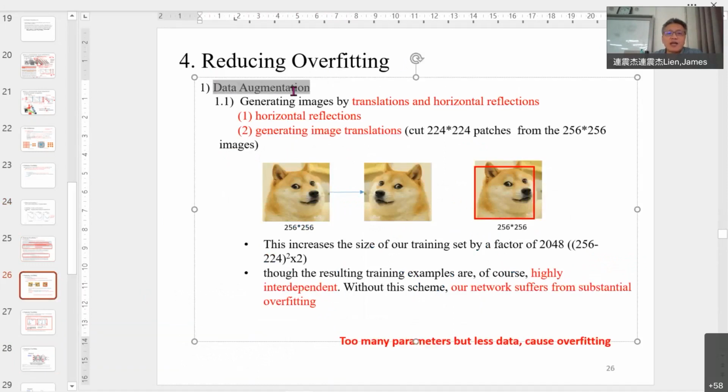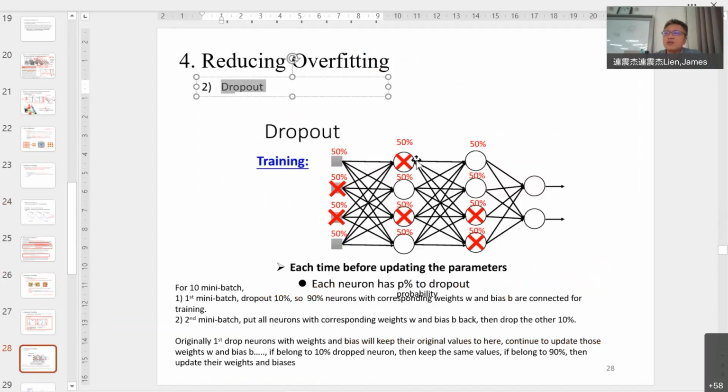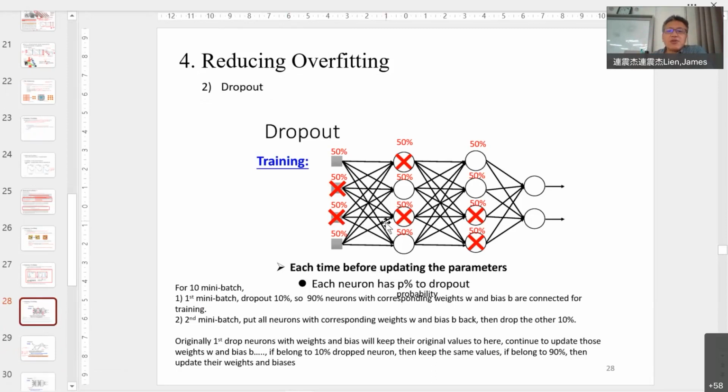So there are two solutions to solve the overfitting problem. One is augmented data. The second one we call dropout. So that's important. So for the parameters, we need to do dropout. Usually dropout is 50%. So what's dropout? Because overfitting is because we don't have enough data and we have large parameters. So can we reduce the parameters? That's the concept of dropout. Dropout 就是为了让我们的参数的个数减少的意思。好，那这个一定要用。我刚刚讲到 learning rate 的 moment 一定要用到，还有 dropout 一定要用到。